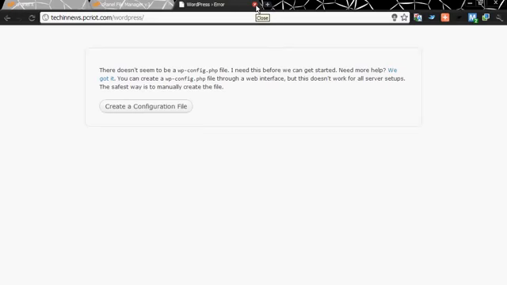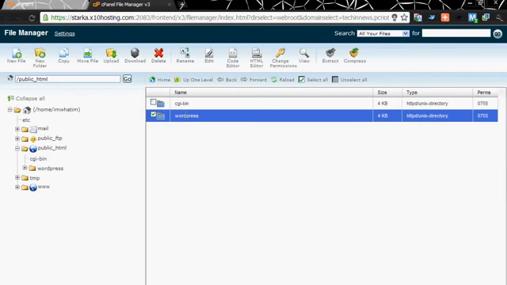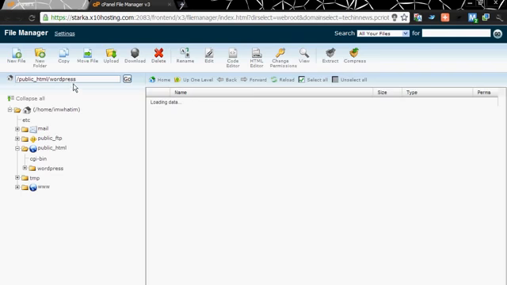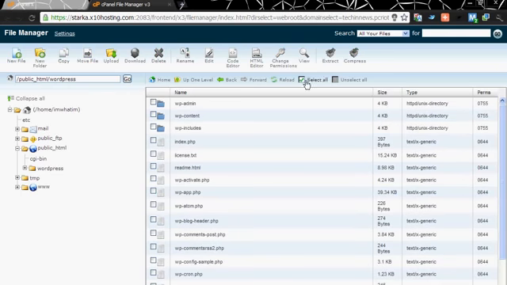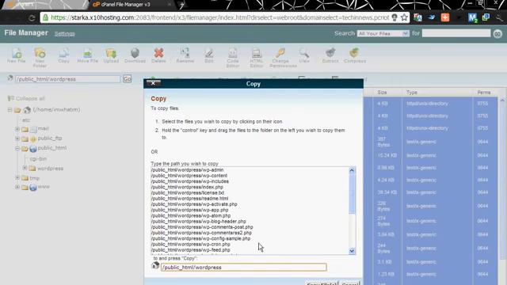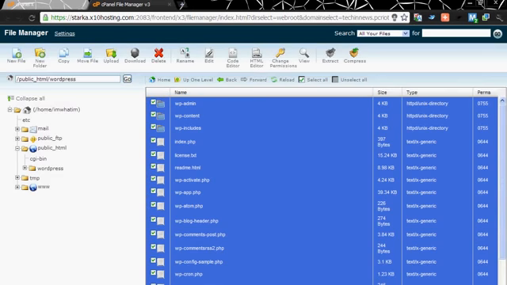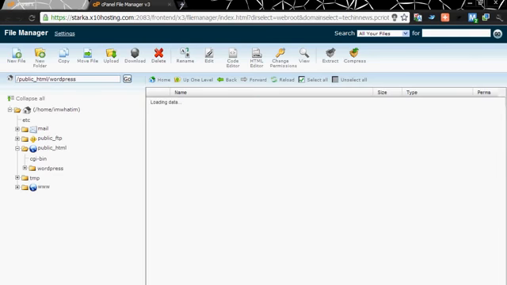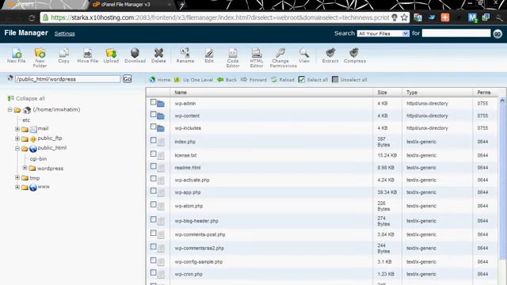So there's WordPress. Now you need to open it, select all, copy, and the directory should be public_html only. Copy files. Now all the files here will be copied to the original website. Like you can see many websites have their website address slash blog or anything like that, which contains their blog.